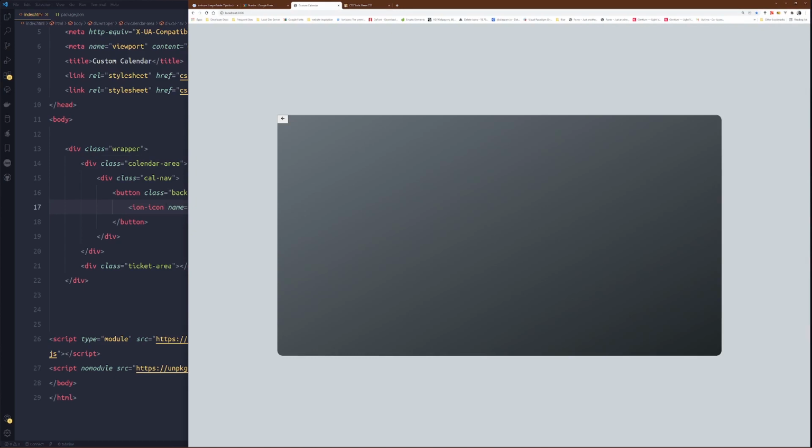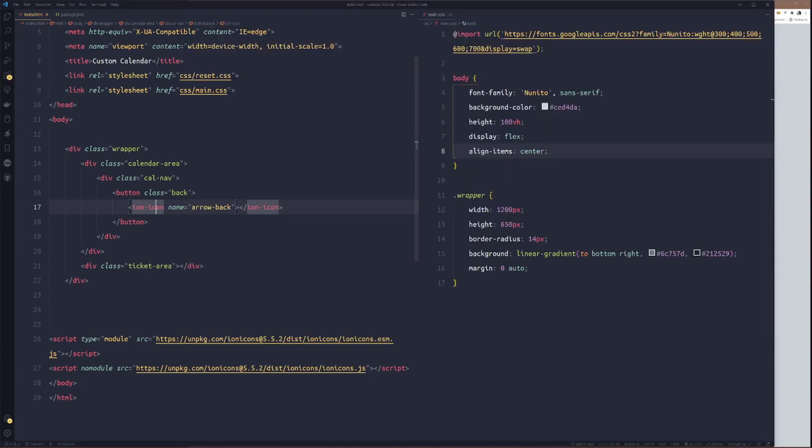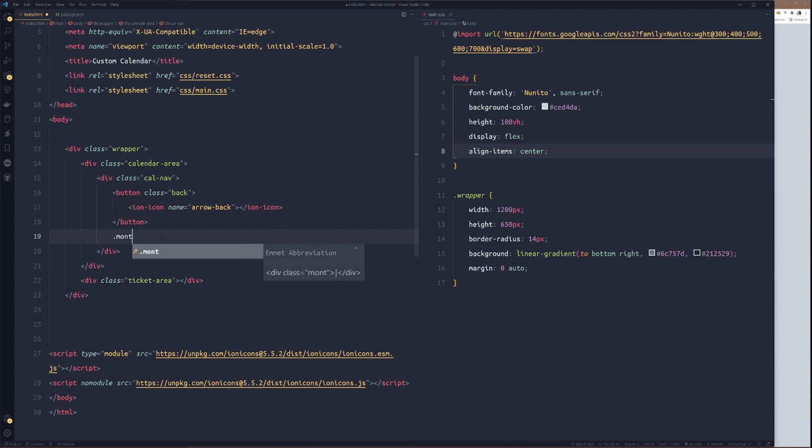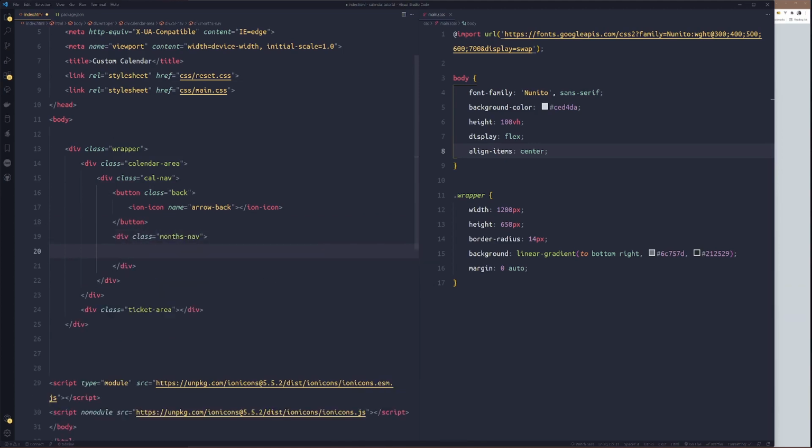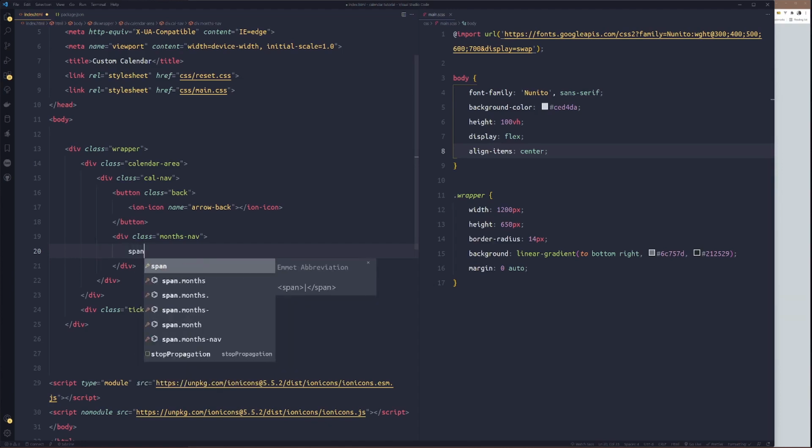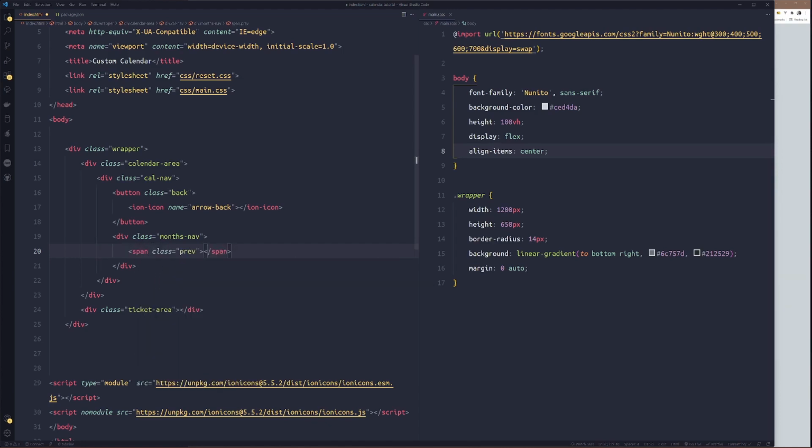So now, what we need to do, we need to style this label. Oh, you know what? Before we start, we'll create the months navigation. Just after the button, months nav for the navigation for the months. So I'll create a span. I'll call it previous.